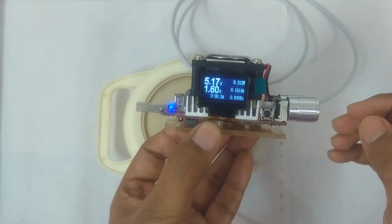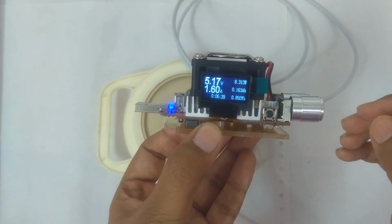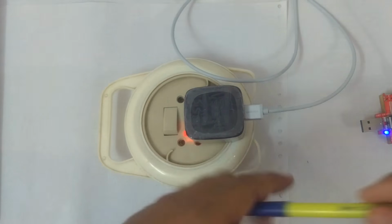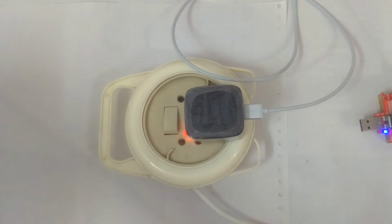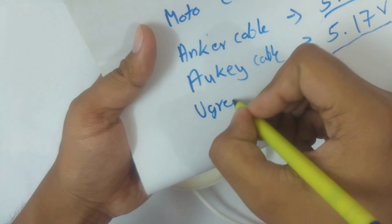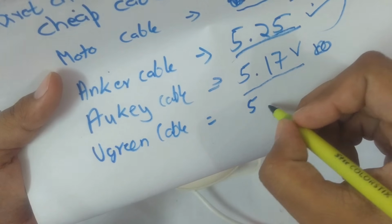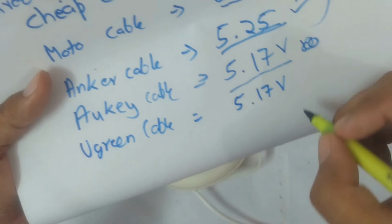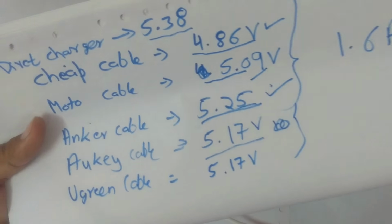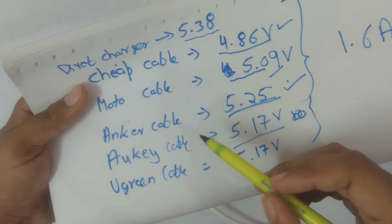So the load is still 1.6 ampere, and the voltage that we are getting is 5.17 volt. So let's just write that down. 5.17 volt. This is the UGREEN cable. So UGREEN cable gave us 5.17 volt at 1.6 amperes. So you can clearly see that the UGREEN cable is still not able to compare to Anker,